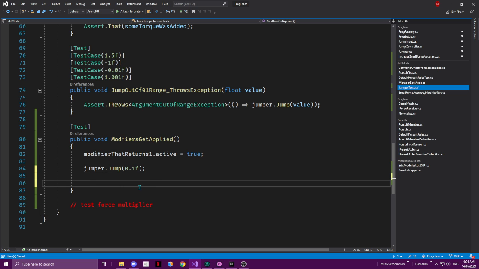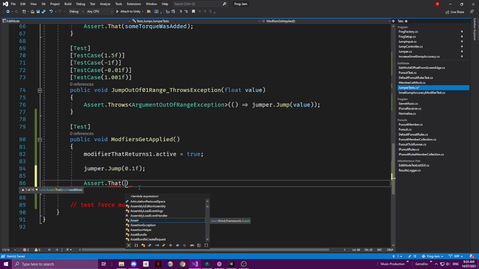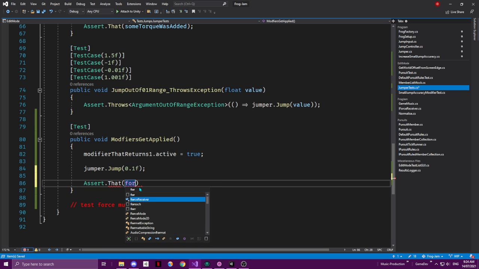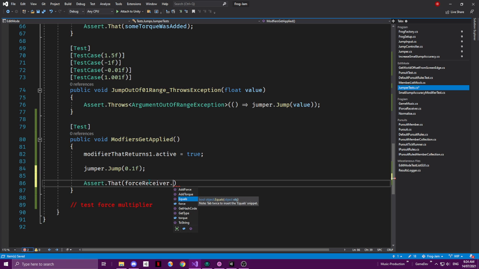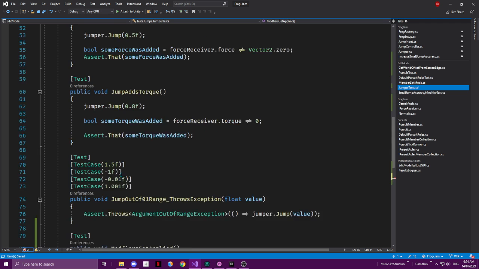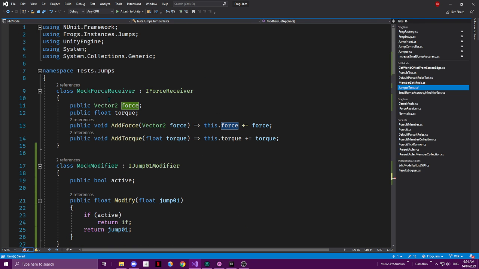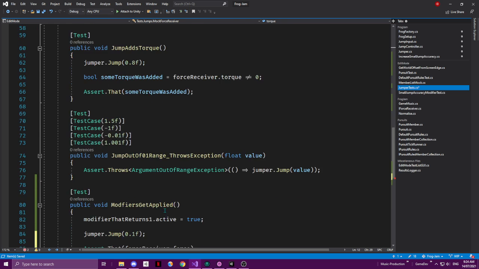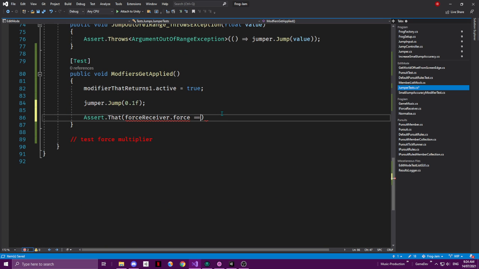So the jump force will be 1, which means that we can assert that I've got a dummy force receiver here. Force receiver dot. And there it is. This thing, instead of sending it to some rigid body, will just remember what it got so that we can see what it was. That should be equal to 0.1